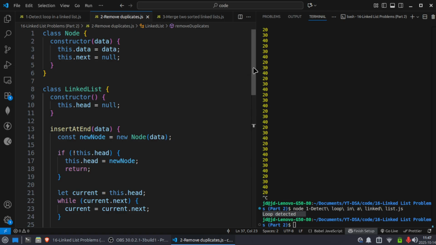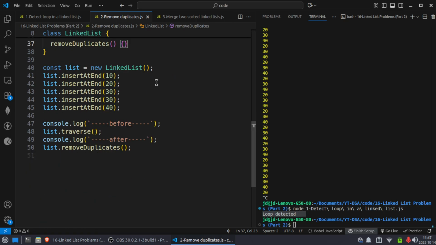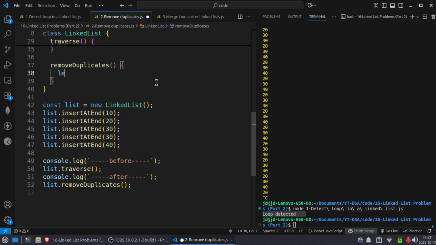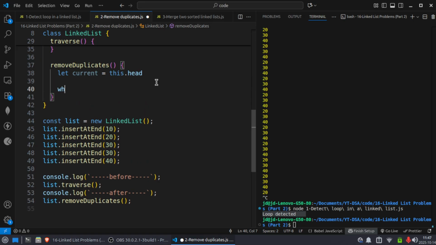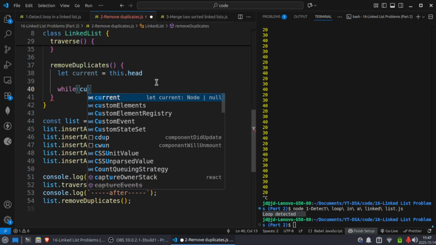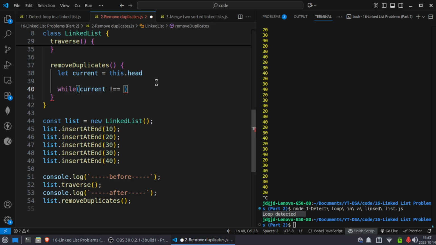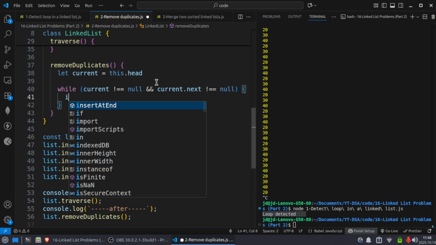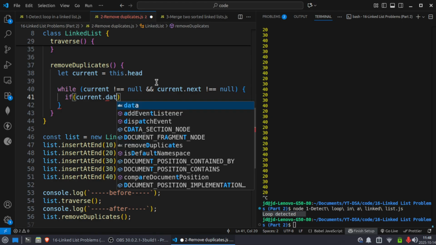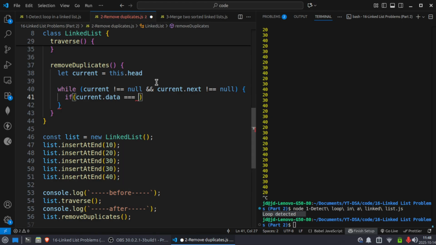So I already wrote the class Node and class LinkedList for this, and we have to write this removeDuplicates. So let's make a copy of this linked list into current and start a while loop. While current is not equal to null and current.next is not equal to null, and if current.data is equal to current.next.data,